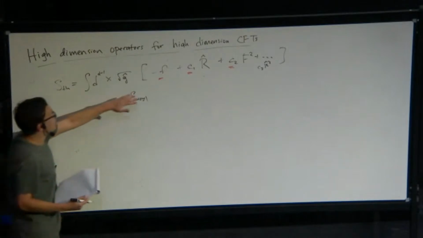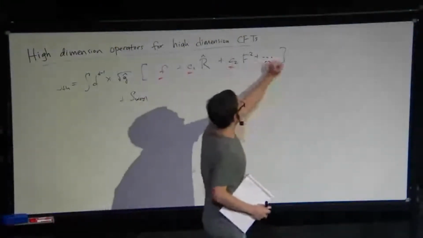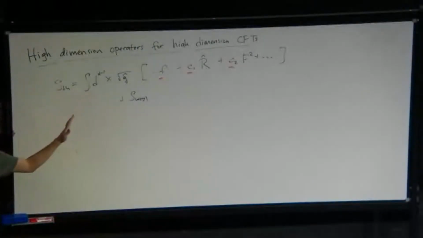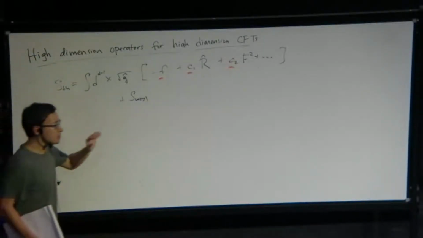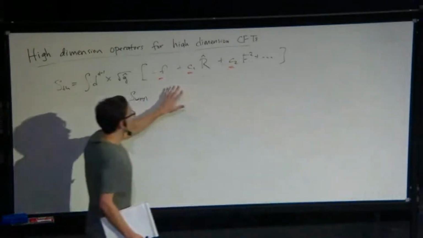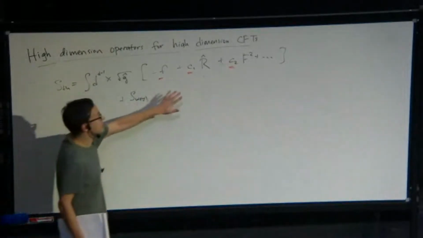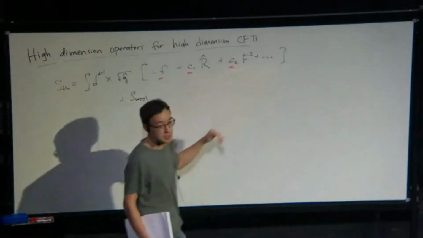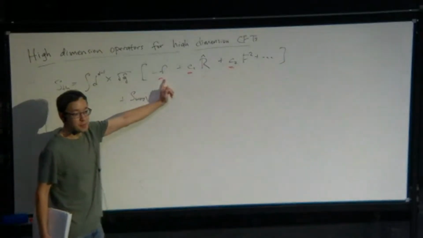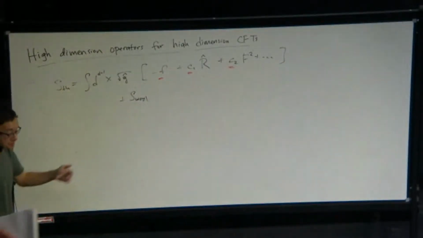Very good. Okay, let me make a brief comment from this perspective. Why, in this thermal effective action perspective, are 2D CFTs special? Of course, one reason 2D is special is that we have modular invariance, et cetera. But from this, we can also see another reason why 2 dimensions is special: in 2 dimensions, we cannot write down these higher derivative terms. So in 2 dimensions, this thermal effective action is just controlled by one number f, which is then going to be related to the central charge c.